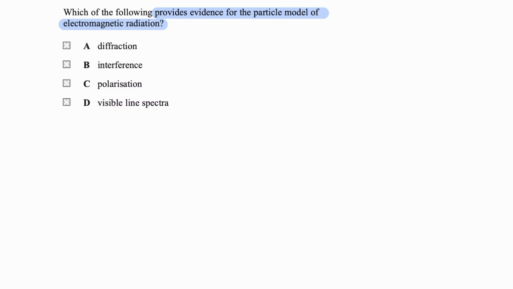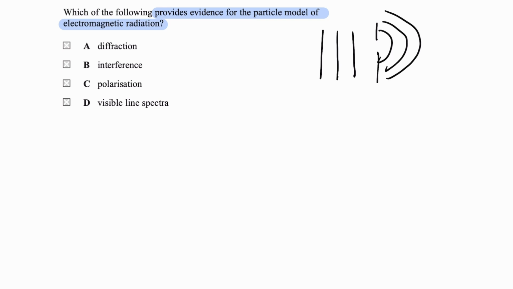We'll start with diffraction. If you think about sound passing through a doorway, the reason that you can hear someone talking in a different room, even though you can't see them, is because of diffraction, at least to some degree. There will be some reflection as well, but diffraction is a big part of that. It's the same kind of thing as when you pass light through a diffraction grating, or through a double slit apparatus. The light spreads out when it goes through each of these slits. So if these are your wavefronts, if this is your slit, the light will diffract, and that is a wave property.